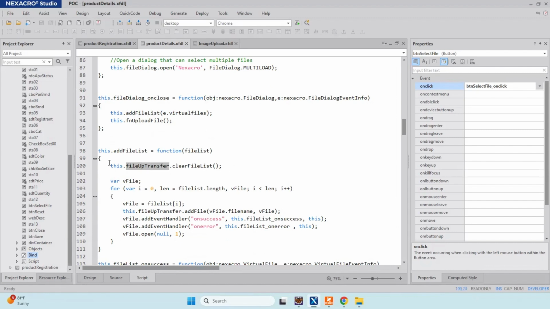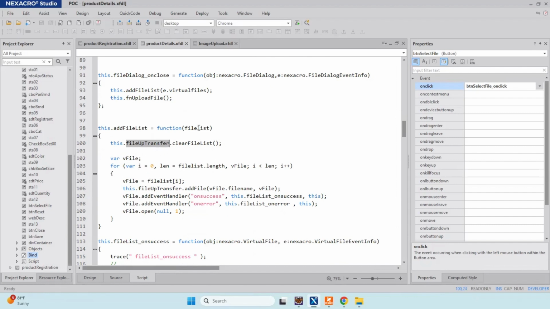First, we clear the list. File up transfer maintains a file list. So from this file list for virtual files, we add those files to the file up transfer using the add file method. So this will add to the file list property of file up transfer.